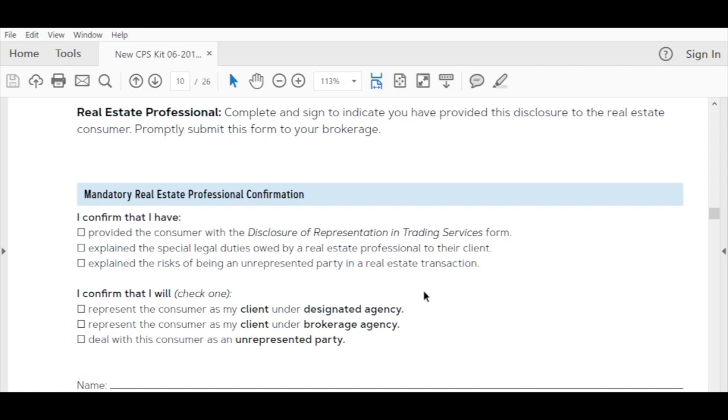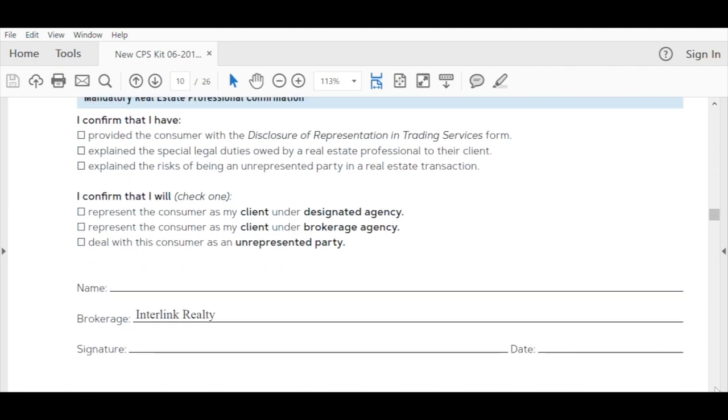Unless your client wants to be represented by the whole brokerage, otherwise I would suggest you only click on this one. Or unless your consumer wants to have an unrepresented relationship with you, then you will check this box. Otherwise I would suggest you check the top one. And then you put your name right here, your signature, and the date you give this brochure away in line